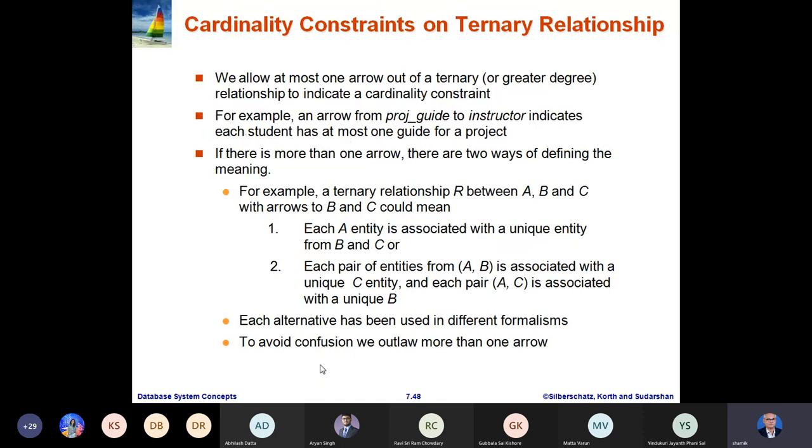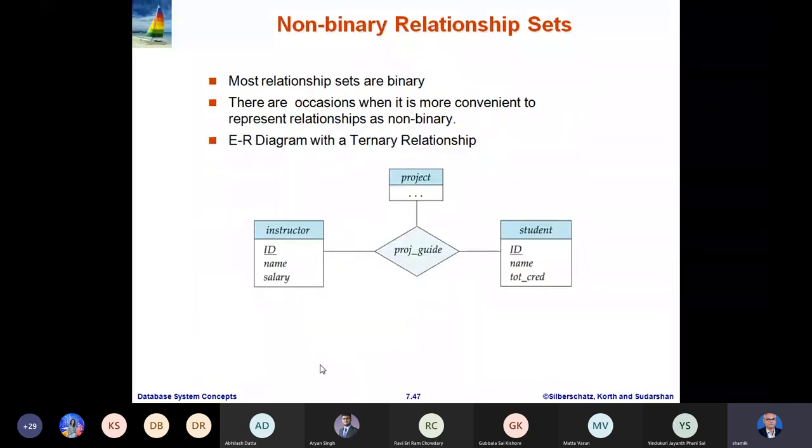If there is more than one arrow, then there are two ways of defining the meaning. For example, a ternary relationship R between A, B, and C with arrows to B and C could mean two things. Each A entity is associated with a unique entity from B and C, or every pair of entities from A and B is associated with a unique C entity, and every pair of A and C is associated with a unique B entity. Meaning that, again, if we go back here,